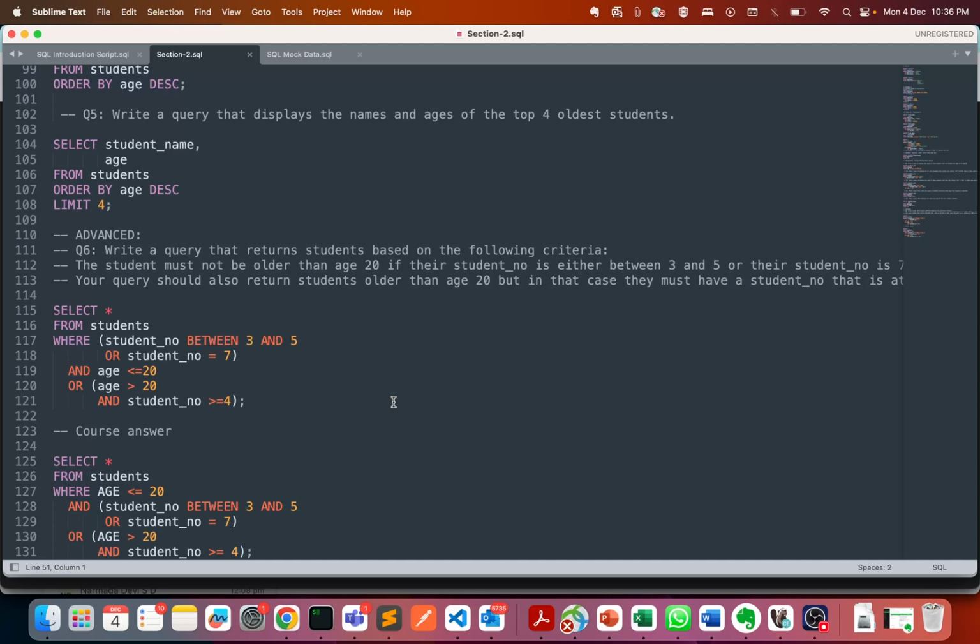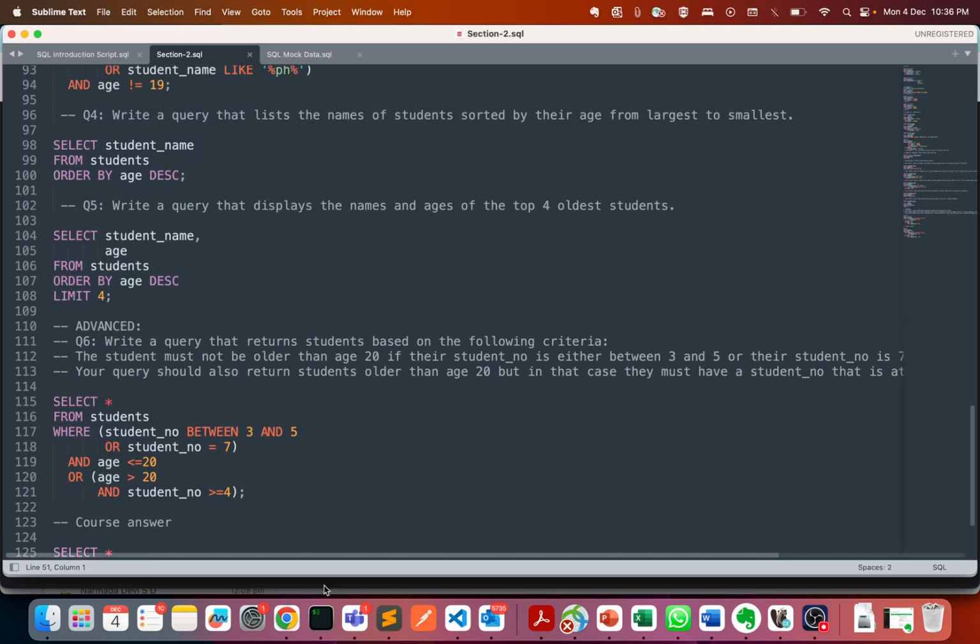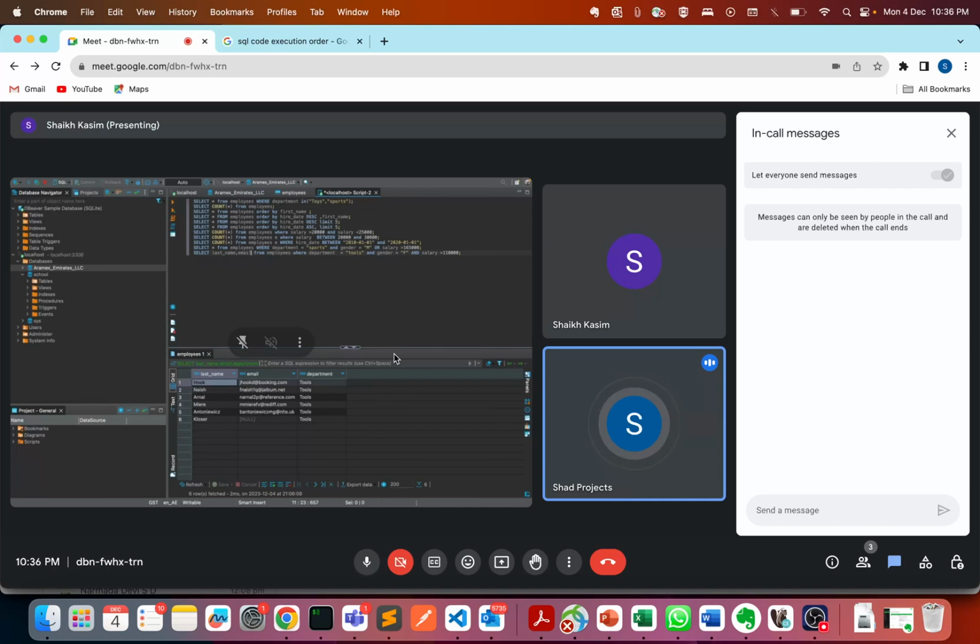Now, one more thing we would like to understand: you are lucky that this actually is not case sensitive, but typically databases are case sensitive. When I say case sensitive, as of now capital F and small f are similar, you will get the same output. But not all of the databases are like that; it might happen that those two things are very different. For dealing with case sensitivity, whenever we are not very sure which one we should go for, then what we should typically do is use